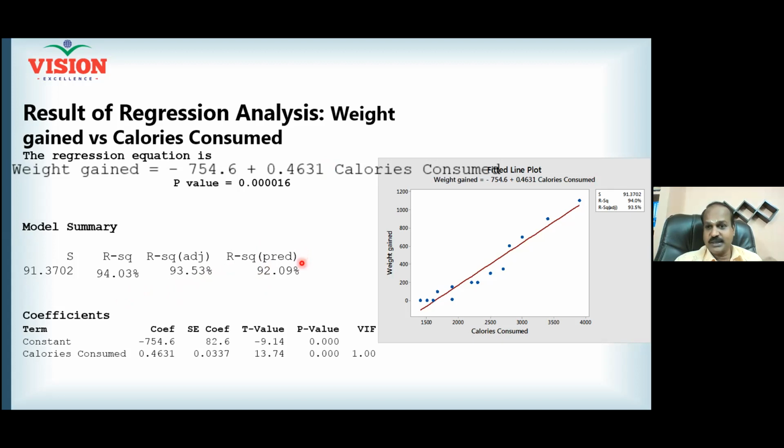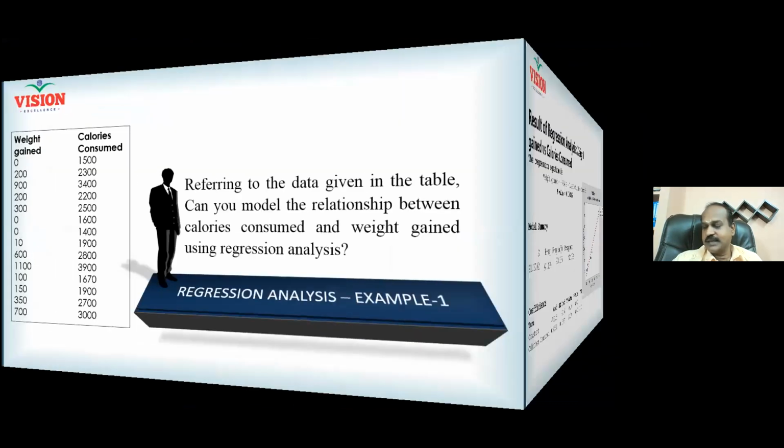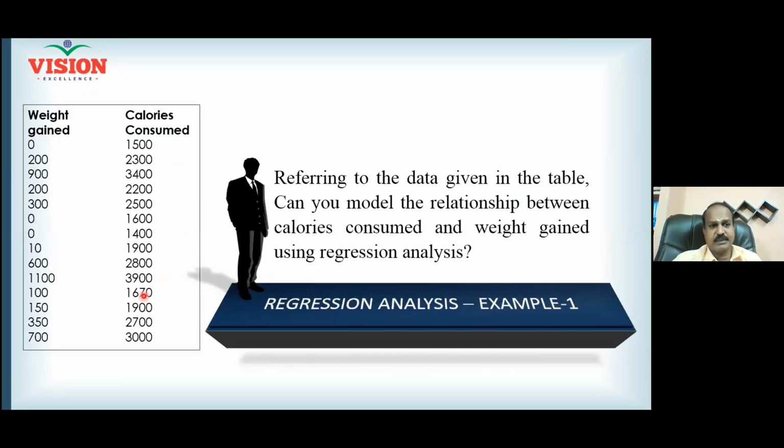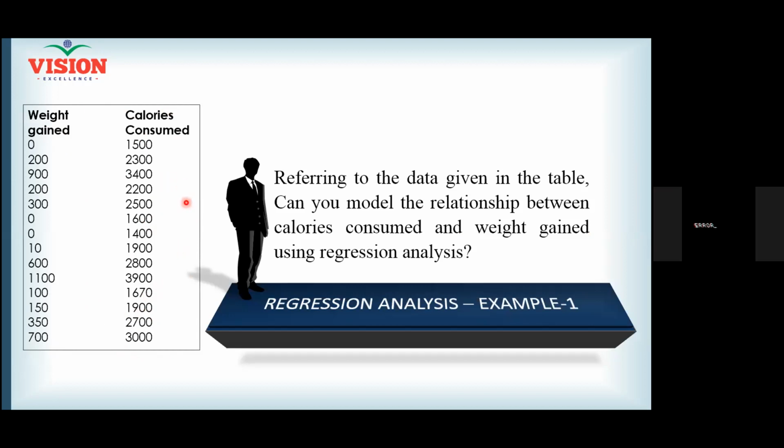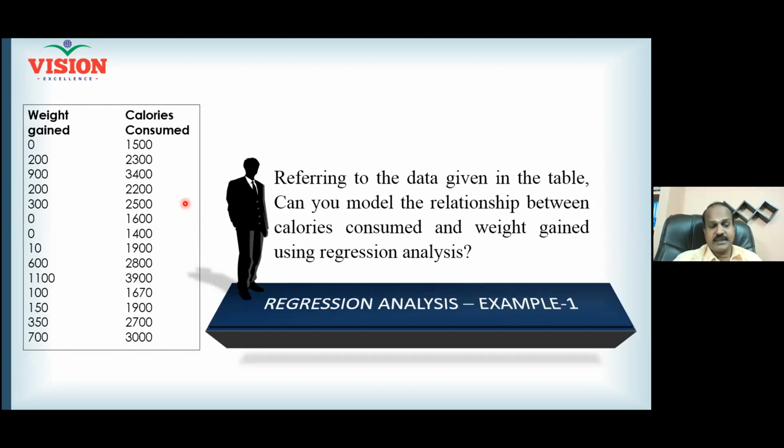If this predicted R square is not above 90%, you can use the equation only for the data you have collected. But look at your data. Let us go back to the data. Calorie consumption, some data is available. Weight gain, some data is available. Now, calorie consumption, does it include 1850? Is 1850 included here? Yes or no? No. But when I advise my patient to consume 1850 calories, what will happen to his weight gain? You can conduct a study and you can get the value here.